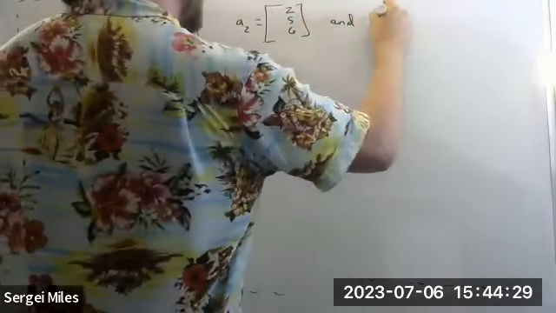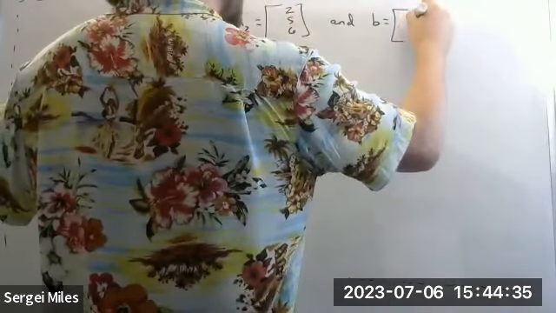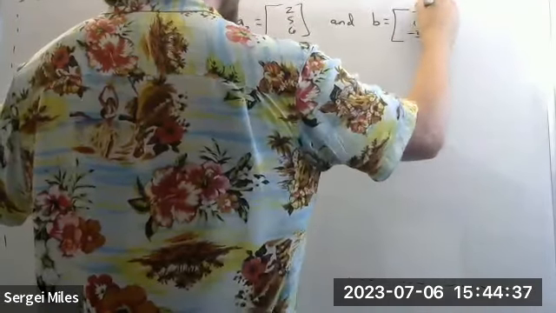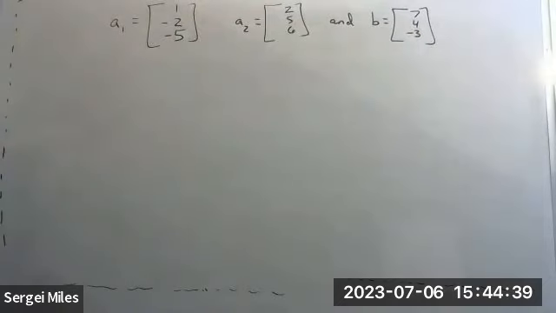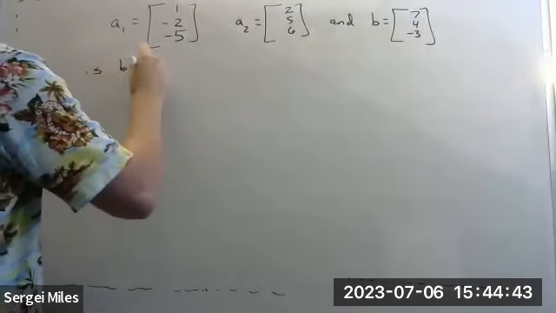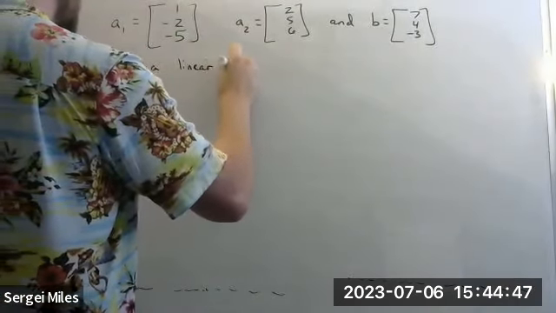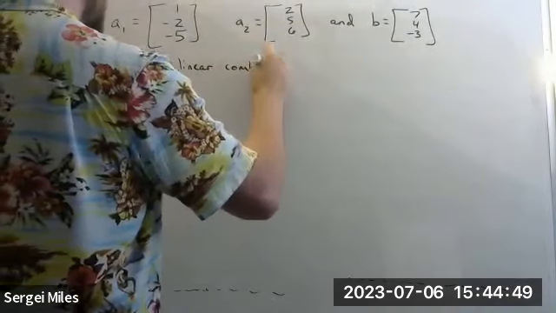And let's say B is a third vector, 7, 4, -3. Okay. And we would like to know, is B a linear combination